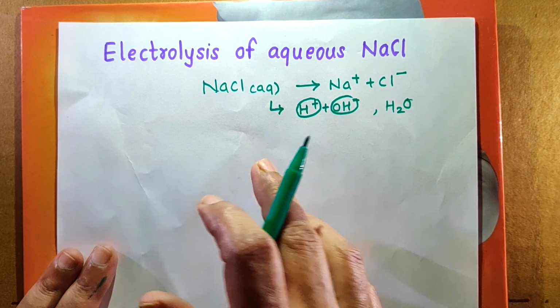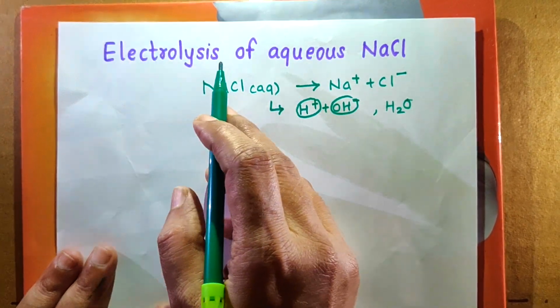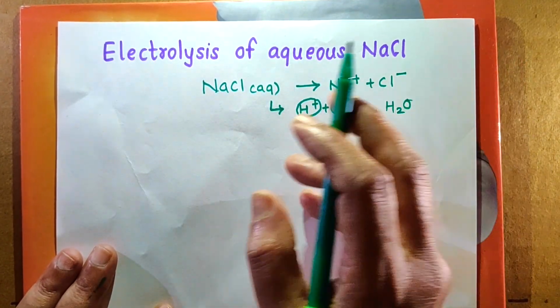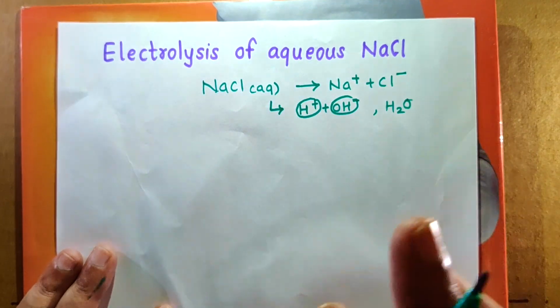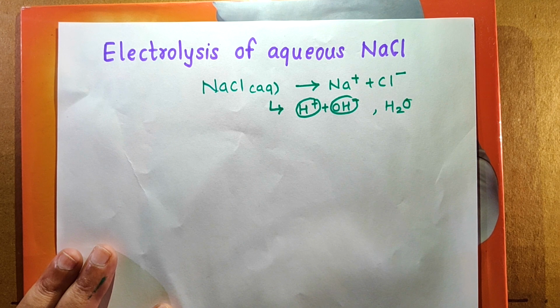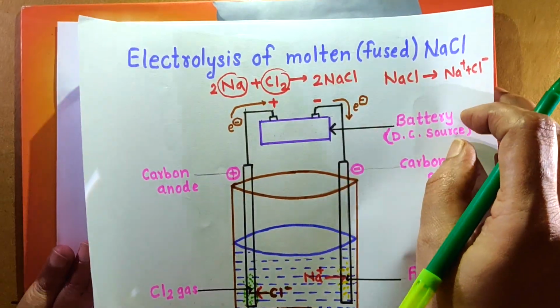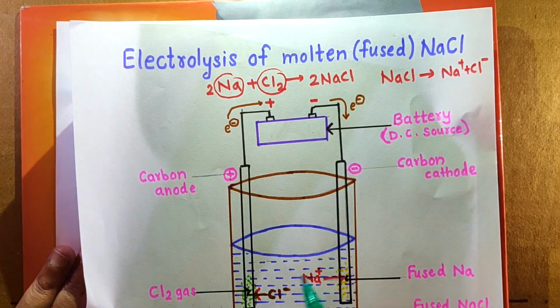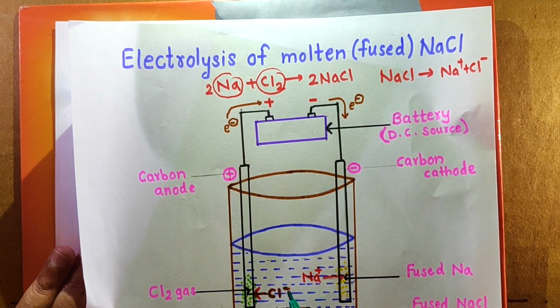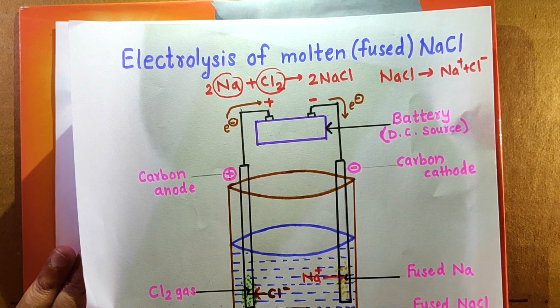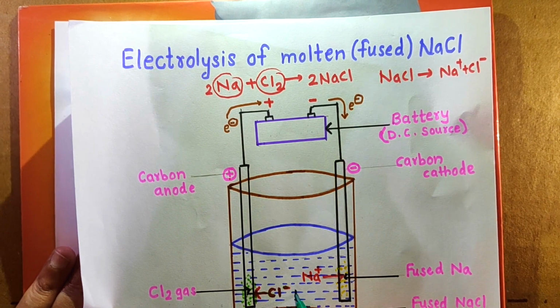So the reactions which are taking place in electrolysis of aqueous NaCl are different from the reactions which are taking place in molten NaCl. Now what we have to do, the same experiment is repeated, that is, the same procedure is there. Electrolysis of molten NaCl we have studied, but here aqueous NaCl is taken. That is, instead of fused NaCl, we have aqueous NaCl which is dissolved in water,